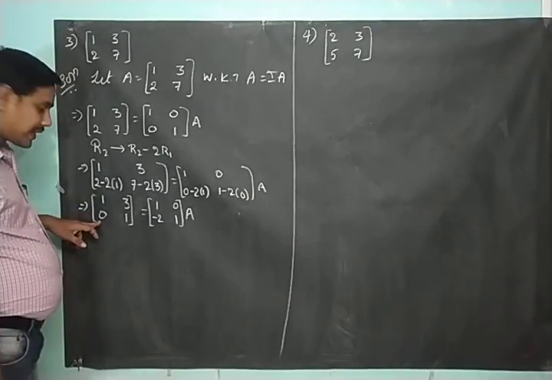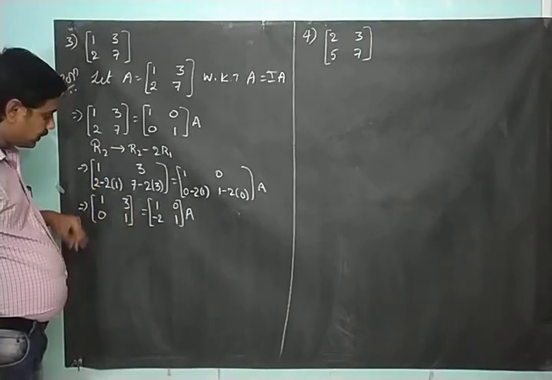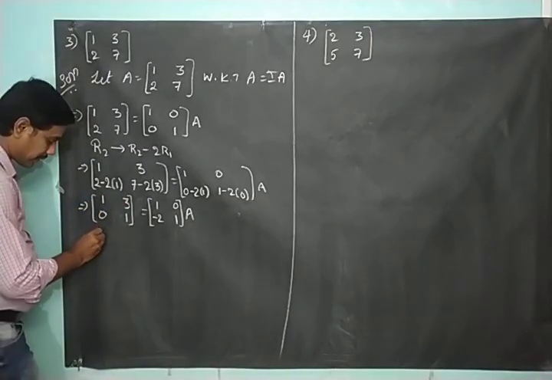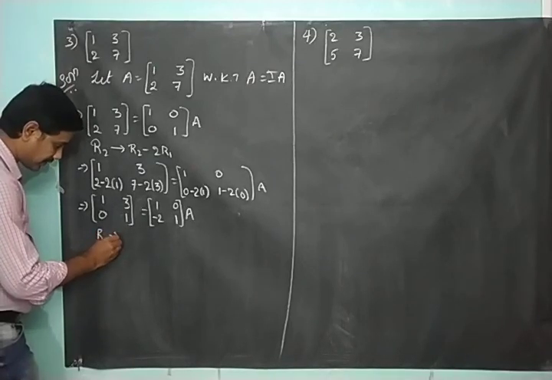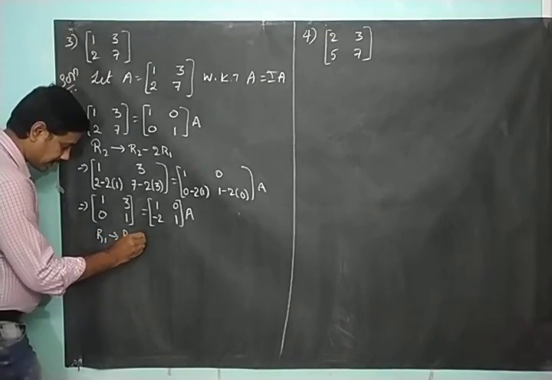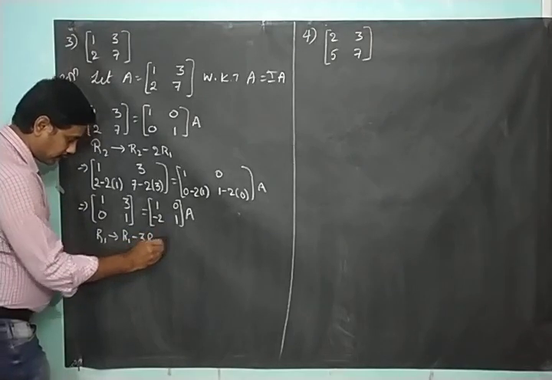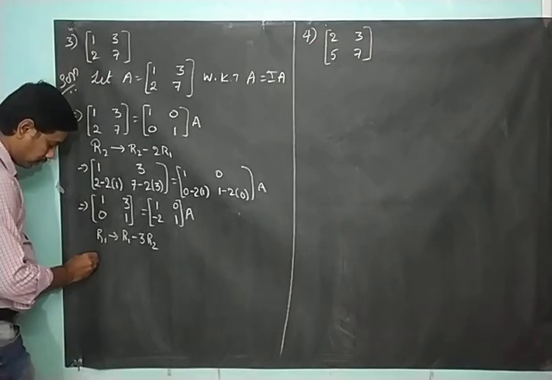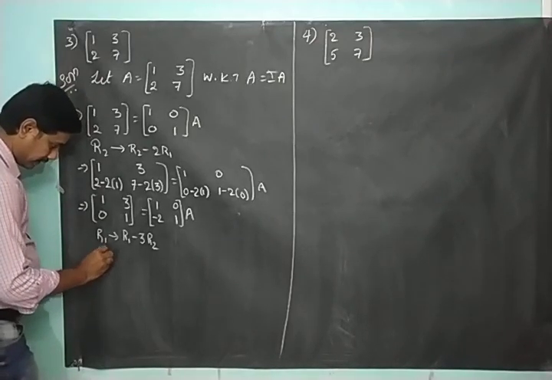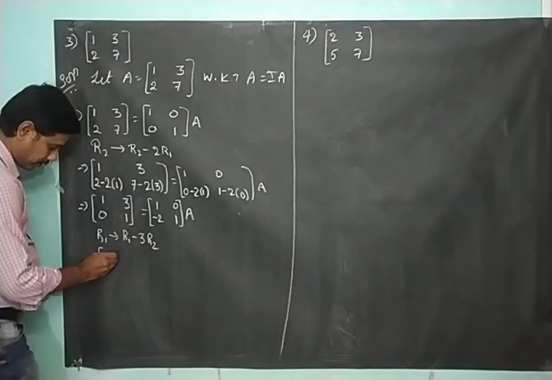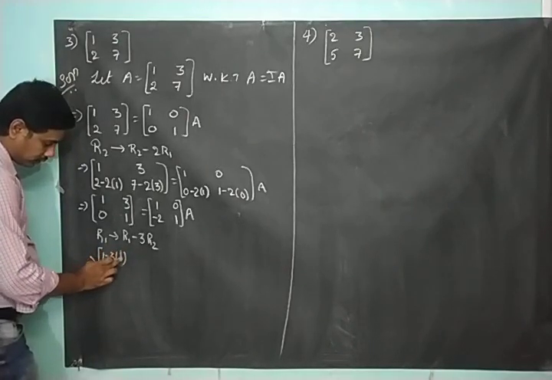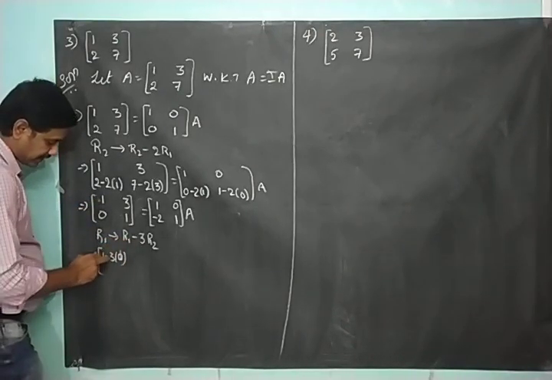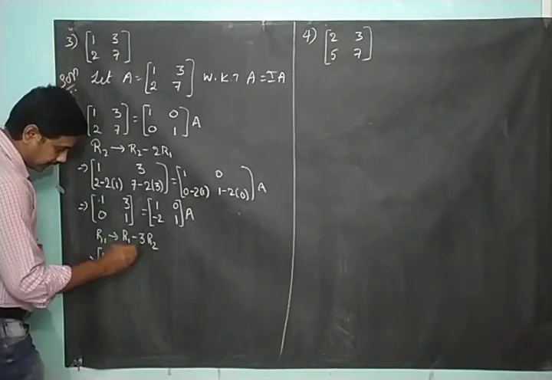Now I made this as 0 and diagonal element is 1. So the only thing left out is 3. This should be made as 0. So that can be made by transformation R1 changes to R1 minus 3R2. So what happens here? 1 minus 3 into 0. R1 here is 1 minus 3 into R2 is what? 0. Here R1 is what? 3